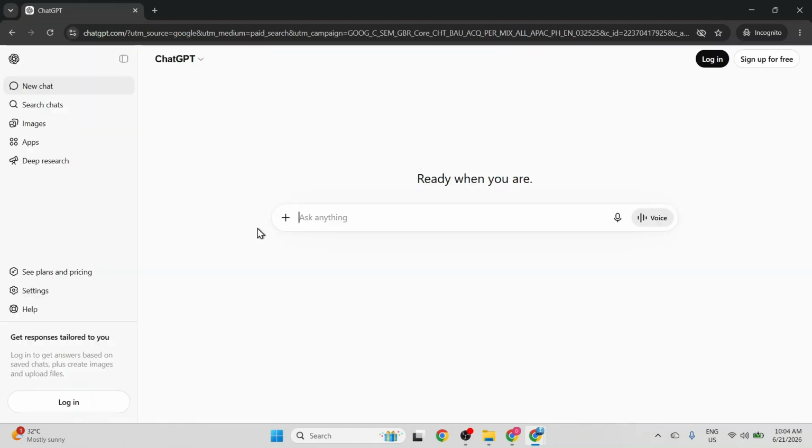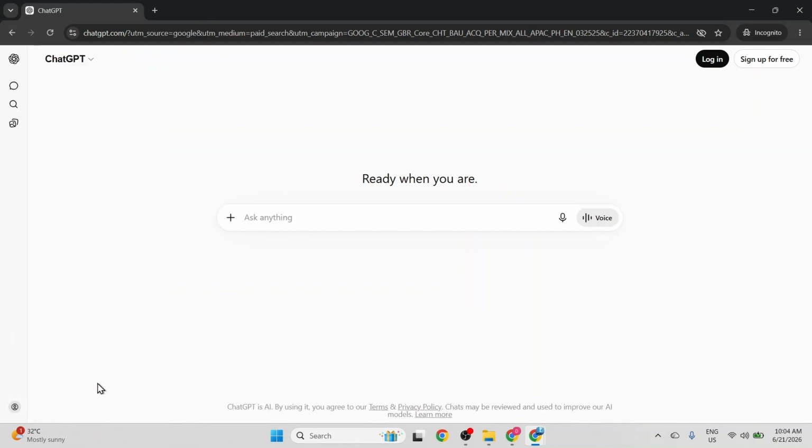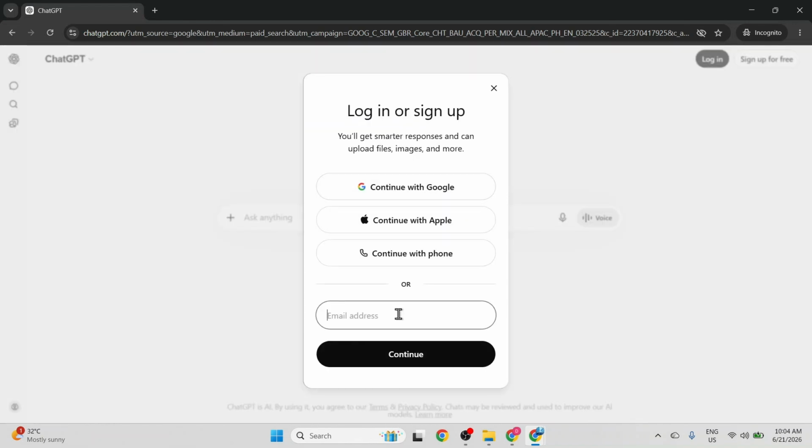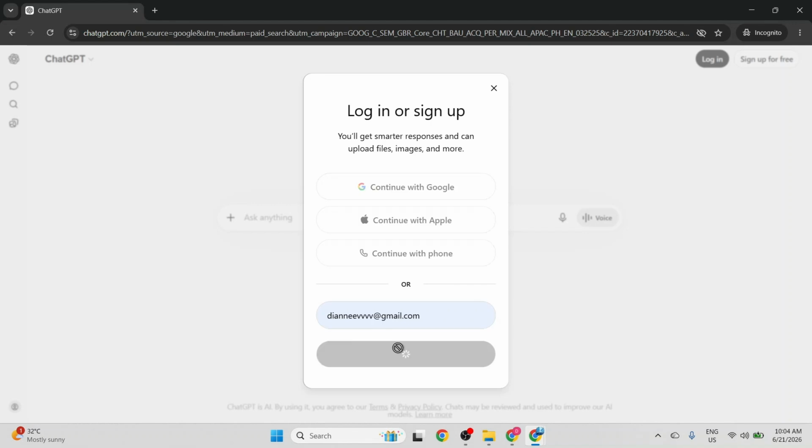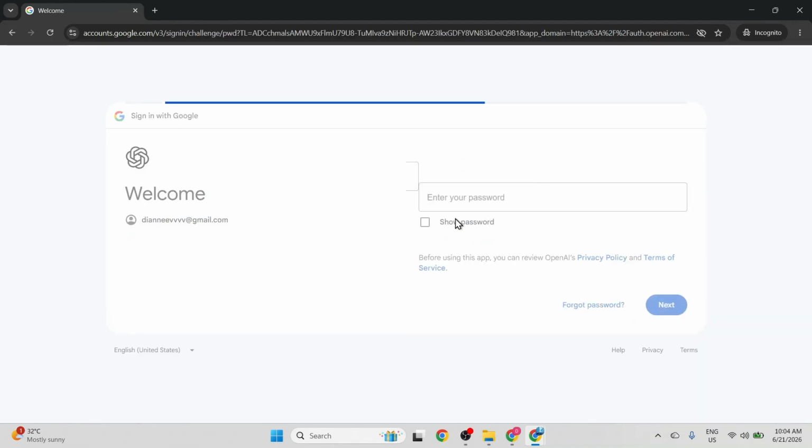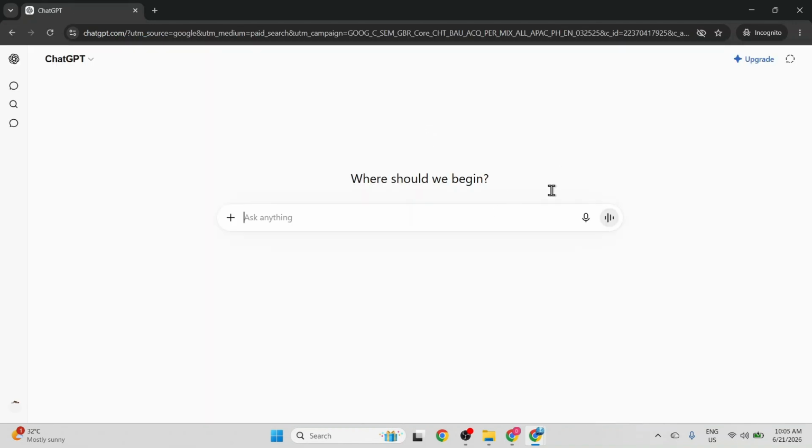a fresh landing page. I click the login button in the bottom left corner, select my preferred sign-in method, enter my email address, and click Continue. Finally, I type in my password, hit Next, and successfully access the fully functional ChatGPT interface without any further gateway